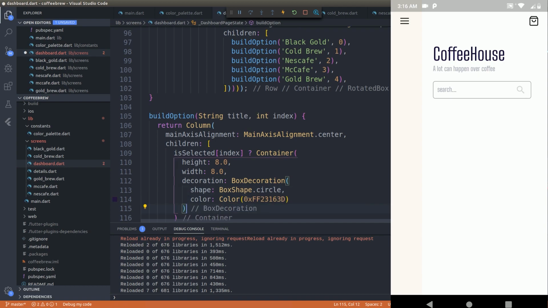Alright, now we have this, when whichever option is selected, there will be a small dot on top of